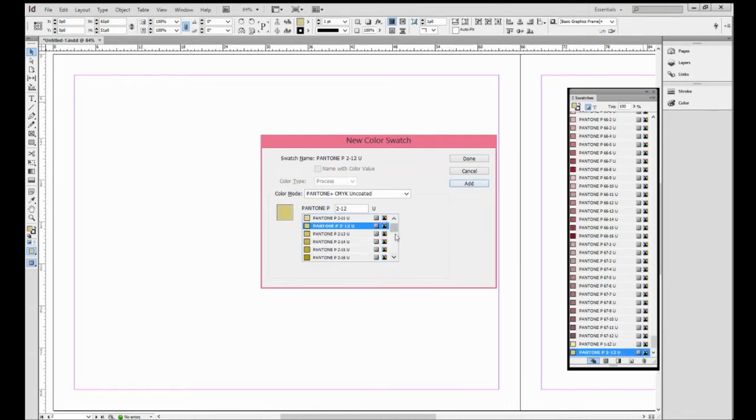If you know there's a whole range that you want, what you can do is actually a little more colorful. There we go. You can select the top color, hold Shift, and move down and select a whole range. Add that over there. Okay, so there is a way to get around that